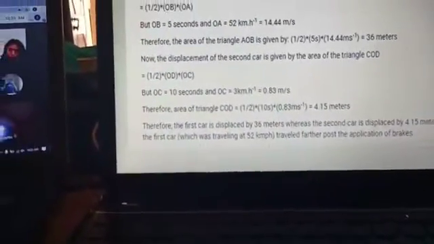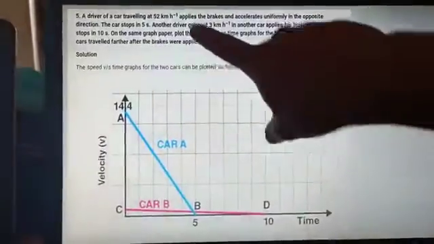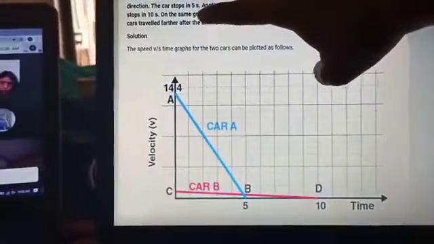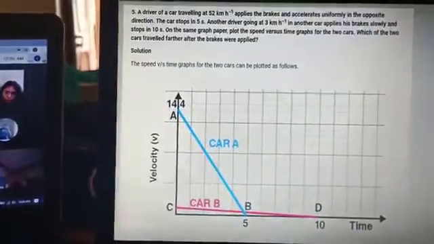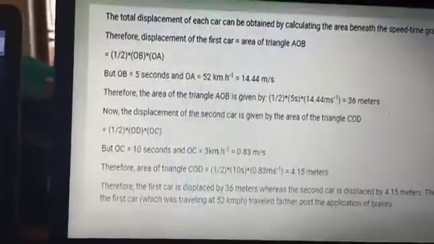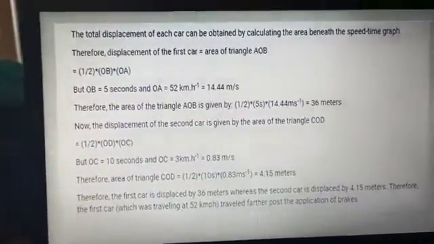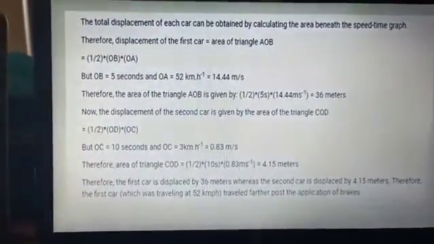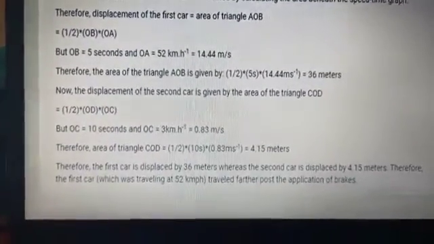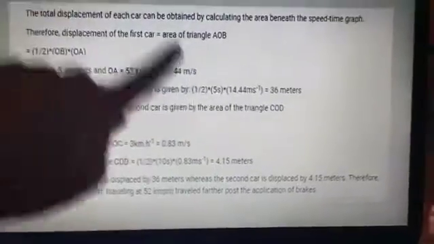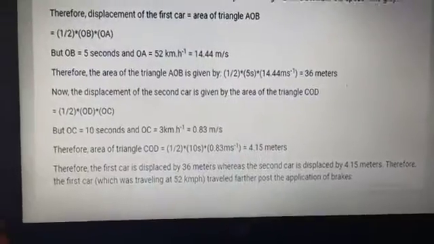Here students, please observe, it's a very important point. They have given us kilometers per hour and then they have given us seconds. So we need to change the speed from kilometer per hour to meters per second. Now how do we do that? We can convert kilometer per hour into meters per second by multiplying by 5 by 18. So when we convert kilometer per hour into meters per second, then after that we can continue this sum. So half into base into height, we get 36 meters is the area of the triangle, meter square actually.